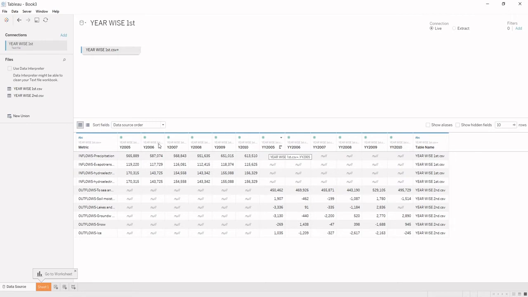So it means they both will not be getting combined together. They both will not be getting union together. Hence, in the inflows file, it is showing null values for the year 2005, and in the outflows file, it is giving me the null values for the year 2005. So both of the data have combined their rows together, but they haven't combined the rows in a correct manner. And for making them correct, we need to use data cleaning steps.